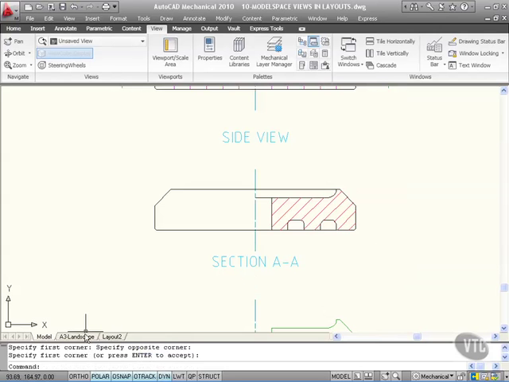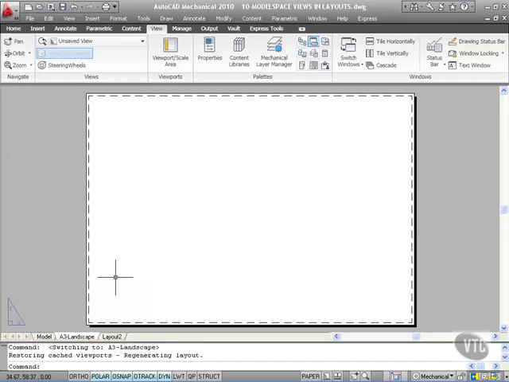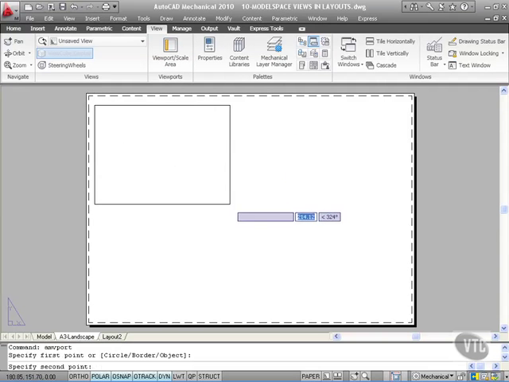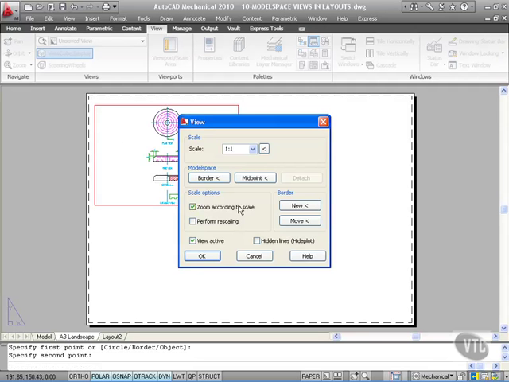I go to my A3 Landscape tab now, and what I need to do now is go to the Viewports panel here, Viewport Scale Area. So I'll click there, first point of viewport. Now I'm just going to click here like that, and drag like that. So there's my view there. Now what I can do is I can set a scale there, midpoint, zoom according to scale. So I'll just OK that now,